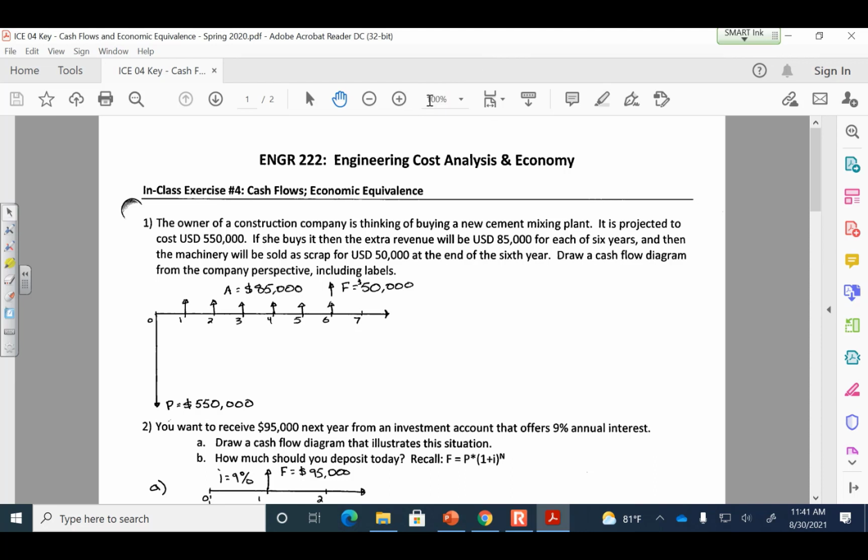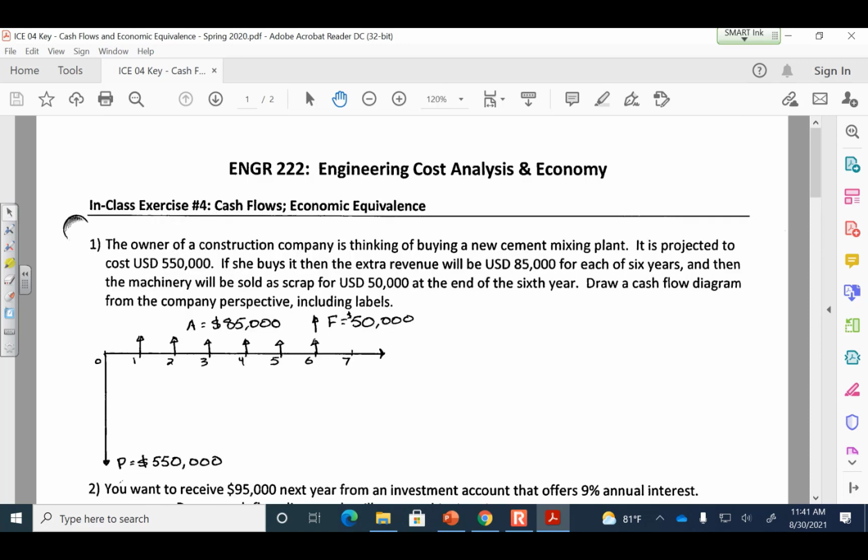Now remember, if you don't quite finish an in-class exercise, you don't need to panic because the solution will be recorded in the video that's posted on YouTube. So you can finish this up after class if you felt behind on a certain thing. Okay, so this first one, the owner pays $550,000, and that's the first transaction we hear about, so that's